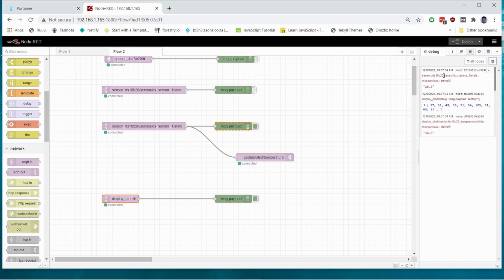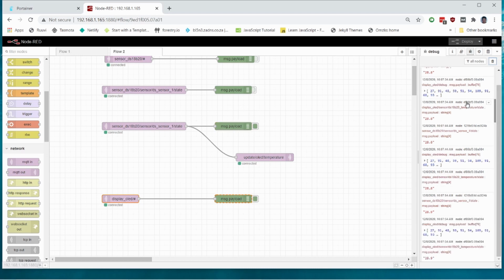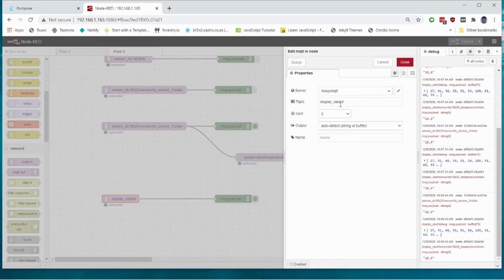If you have a look over here, you can see the reading came in, and then what actually happened is you're getting the messages from the display. So you see it's display OLED, and this one is here as well, display. If you look here, you'll see it shows your display OLED sensor temperature state. And so what you can do then is change this. You can add a narrowing down, so you could say sensor slash ds